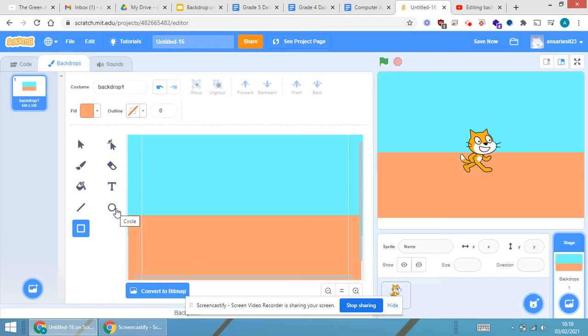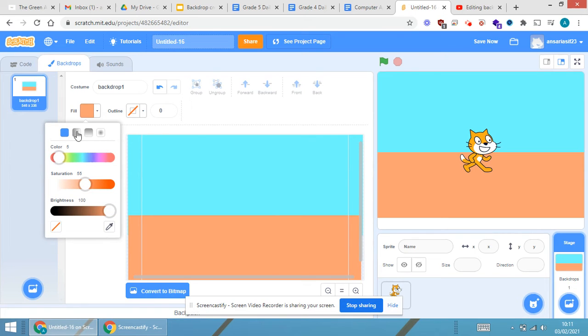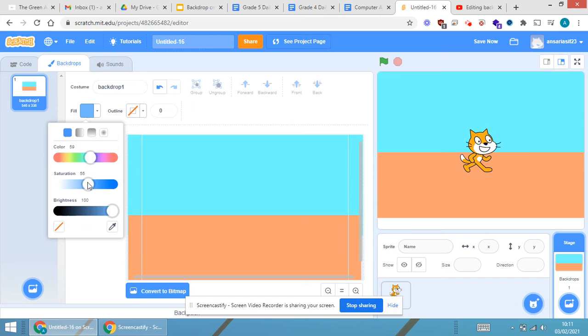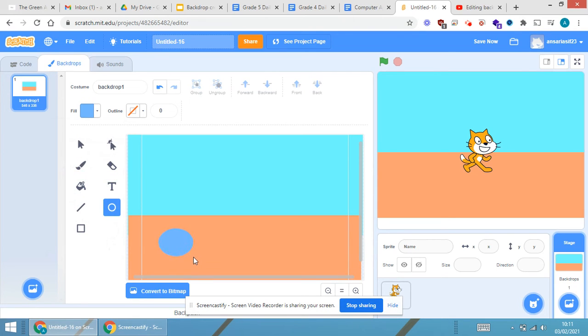Now if you want to put certain stones on the floor, how will you be able to put the stones on the floor? With the help of the circle. I'm changing it to a somewhat gray color now. Yes, somewhat like this. Try to adjust the color, and again a circle will be drawn in order to give